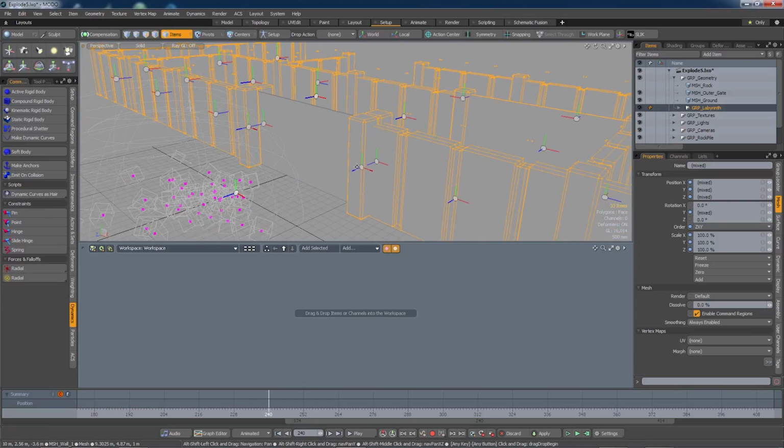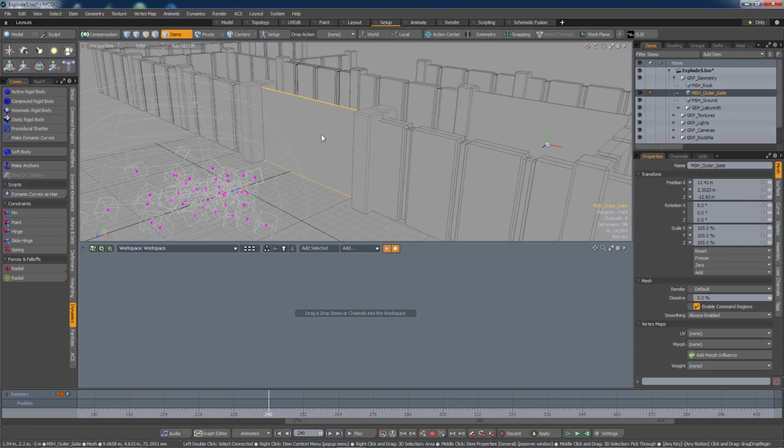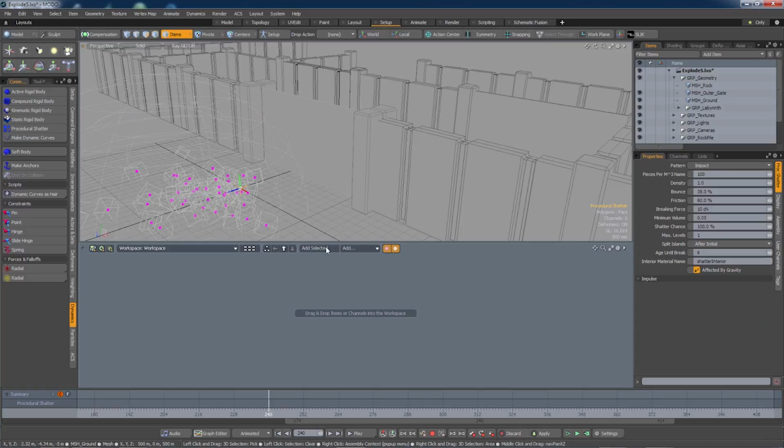Okay, with that job out of the way, let's arrange for this item to be shattered. And the way that we do that is we select the outer gate item. Now it's important that the outer gate item not be a dynamic item itself. If we just check down here, we can see that there's no dynamic entry. If we were to make this into a dynamic item, it would potentially interfere with itself, if you'll pardon the expression. So that said, let's now make this into a shatterable item by using the procedural shatter, and we can add that into our schematic workspace,